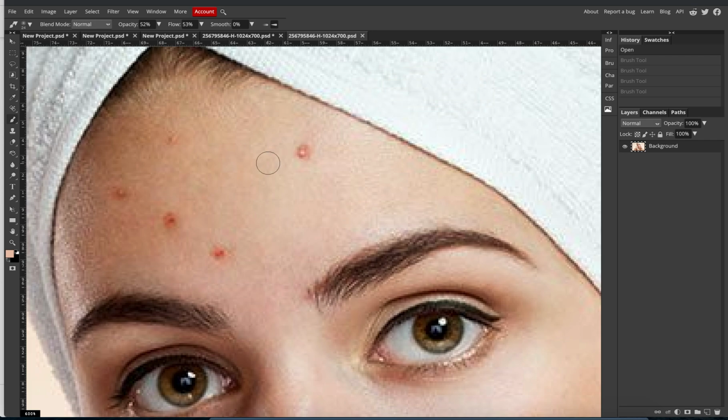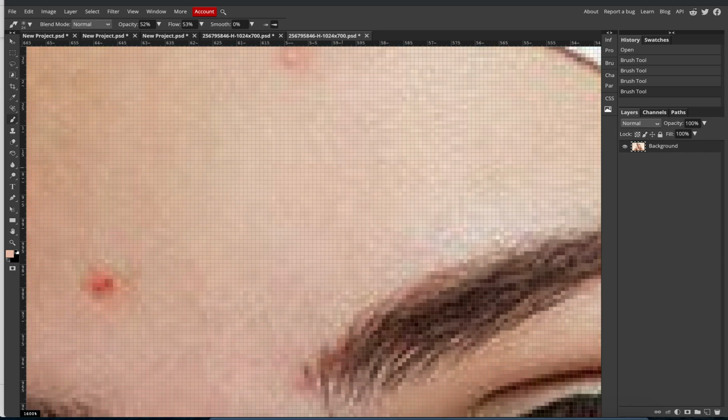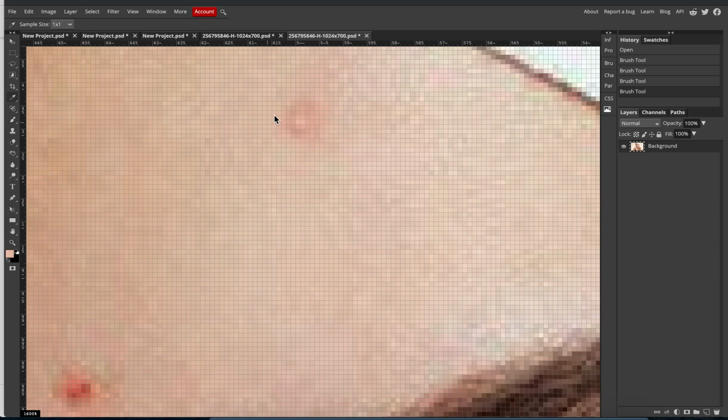Okay, so let's have a look. We're going to go and fix her skin here. But what I don't want to do is just to create an area with just one flat color, because if you look closely at any image, it's a combination of all these different squares of different colors. So I don't want to go with a big block of one color. So what I'm going to do is eyedropper tool. I'm going to pick up a lighter square. So this one here, and then I'll get my brush,